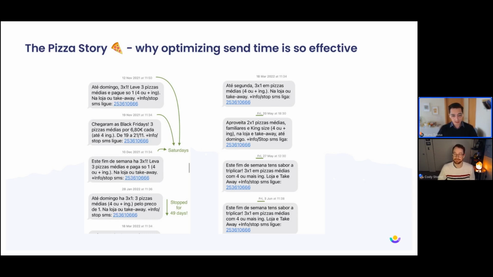And so you can see here that they actually stopped for quite a few days, and then it picked back up again in March, and then in May. If I could scroll through my phone right now, you'll see that from May till now, it's just a constant stream of Friday SMSs. So something happened here that I thought was pretty cool, because this actually converted me into buying a pizza